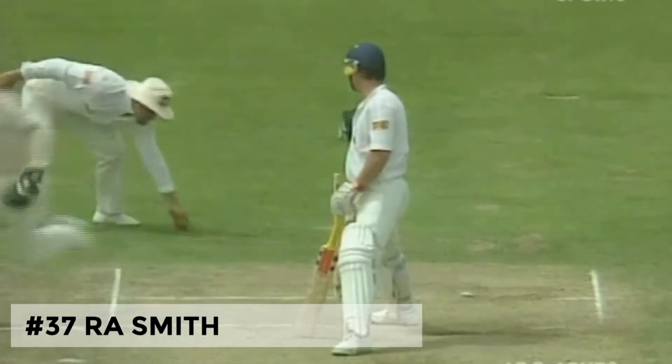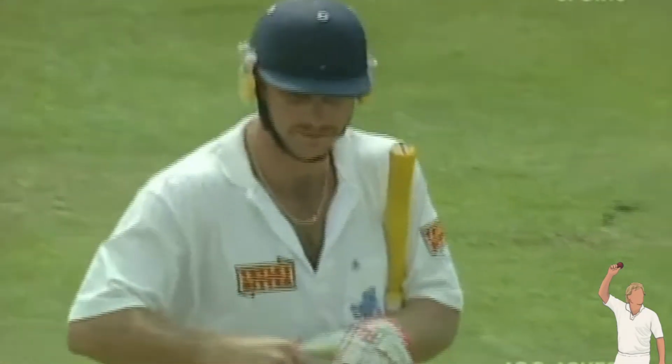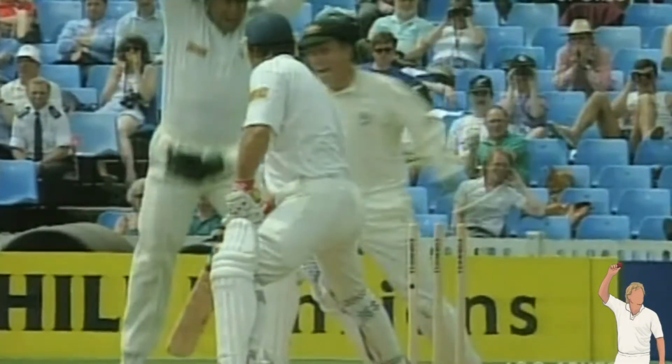Oh, that's out. He didn't read it. It looked googly to me. I don't know. We'll just take another look at that. But plenty of overspin on it, because the extra defensive stroke had the ball running back on the stumps. What you would call a confident defensive shot. Really, he played it down, and the overspin just rolled straight back onto the stumps. But it was because he was playing the ball so far back that it had the...